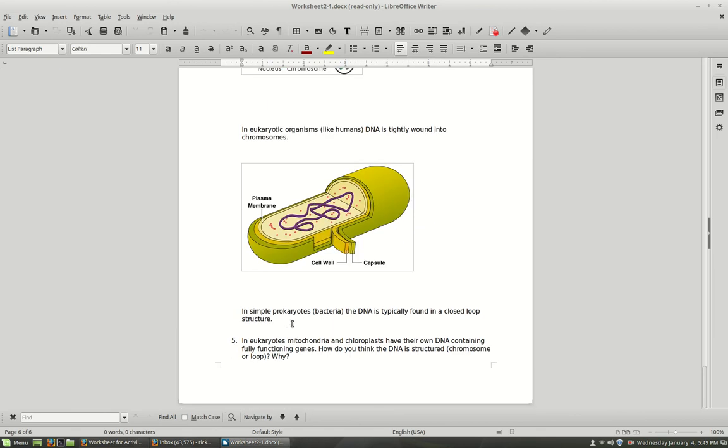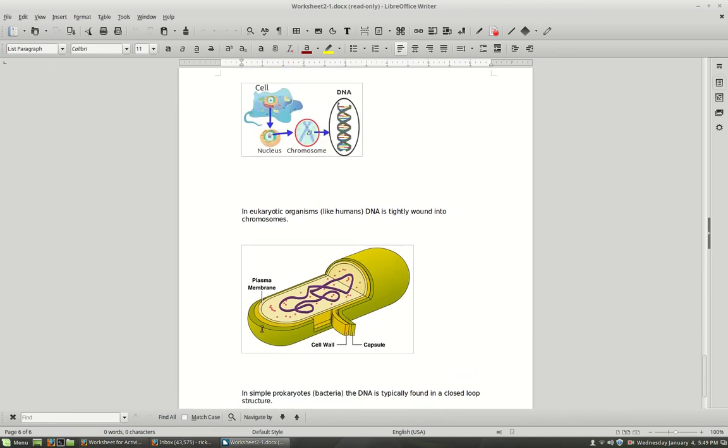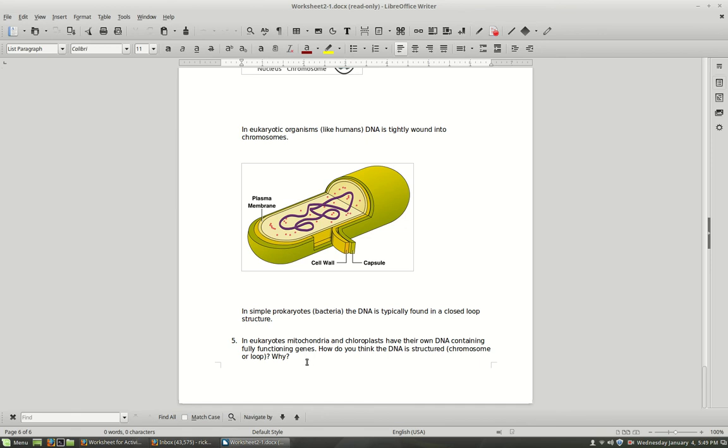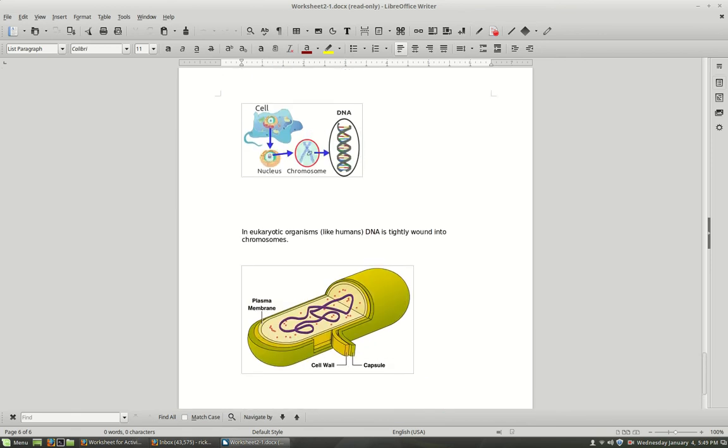understand. Here we're just finishing up this particular worksheet. I'm asking about how mitochondria and chloroplasts, how their genes function differently. They function actually very similar to bacteria. And if you're not familiar with the endosymbiotic hypothesis, you ought to look that up and to answer this question number 5. And that is